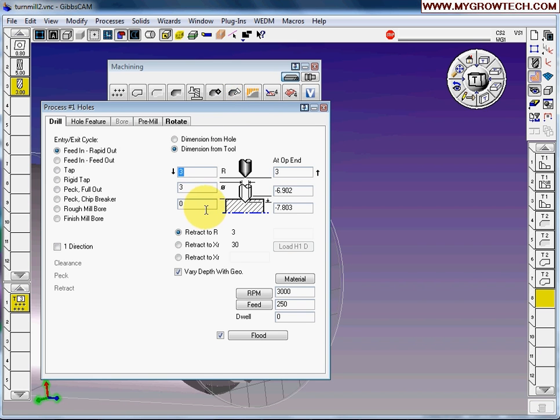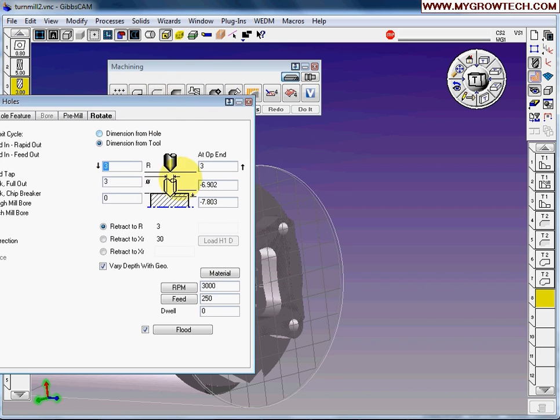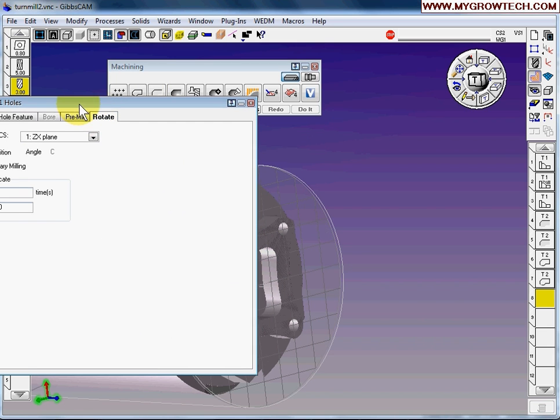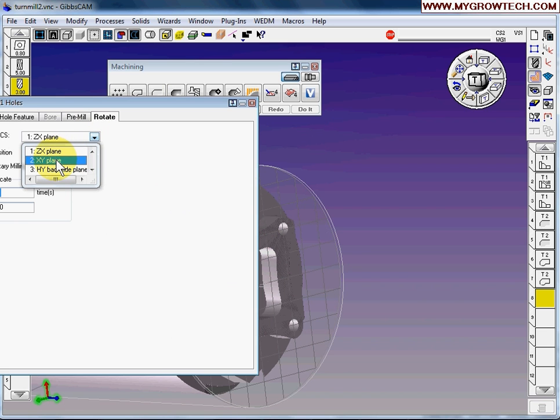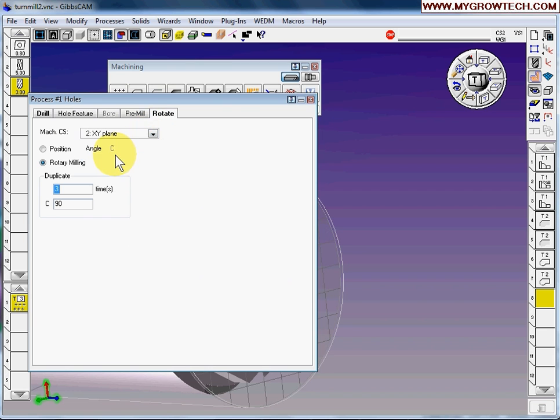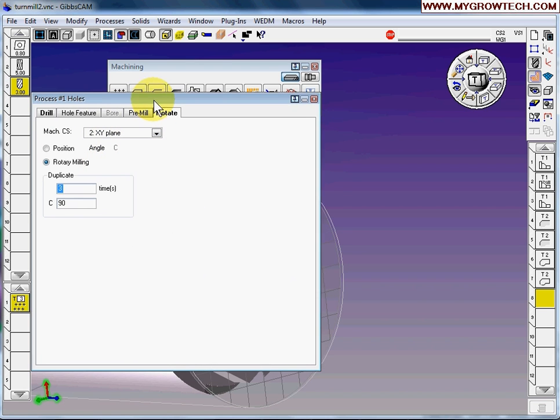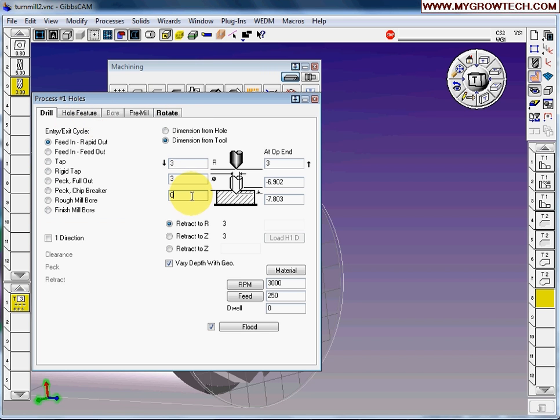I'm going to drill, starting from the face, that is 0. Of course, before you start, you also have to make sure the machine's coordinate system is changed to the XY. This is important. Okay, I will do it. Put 0 now. Change it to 0 now, and I'm going to start drilling from 0 to -6. Okay,